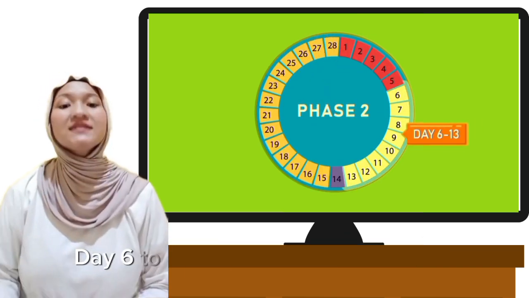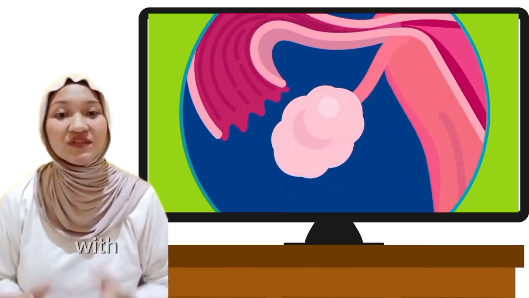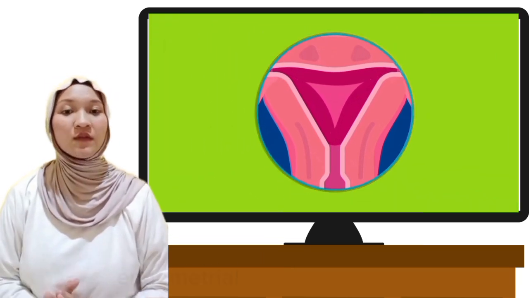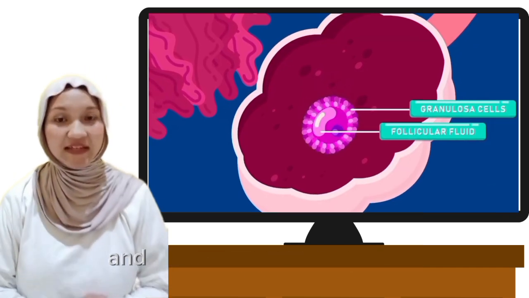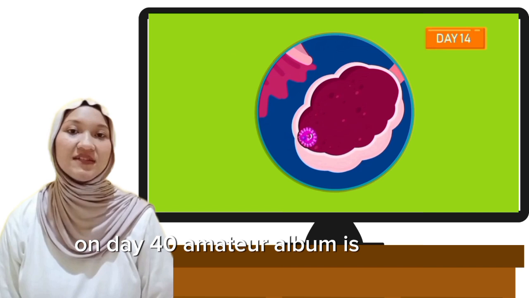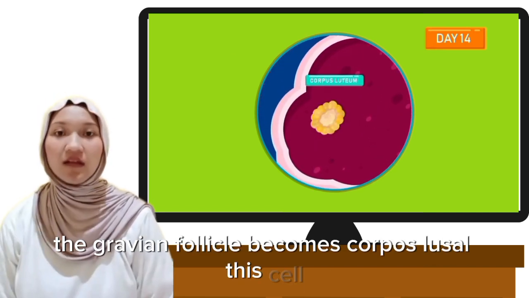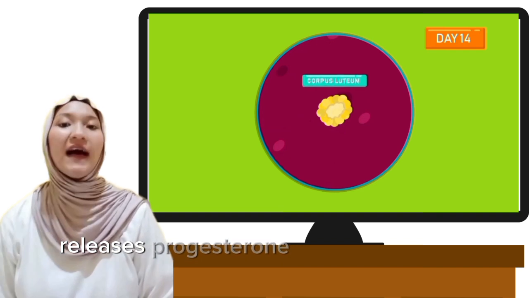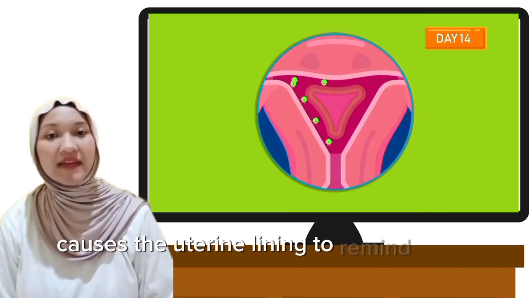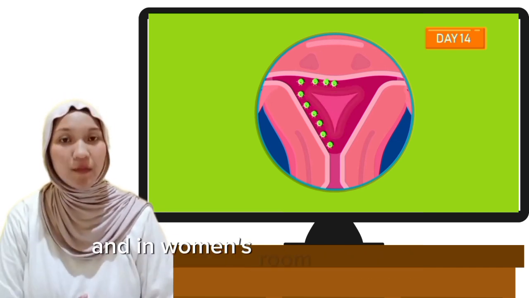Day 6 to 10: the ovaries secrete estrogen, which starts the repair and growth of the endometrium. The endometrium becomes thicker and bleeding stops completely. On day 14, a mature ovum is released from the ovaries. The Graafian follicle becomes the corpus luteum. This cell, the corpus luteum, releases progesterone along with some estrogen. Progesterone causes the uterine lining to remain thick and soft, well supplied by blood vessels, and the endometrium is ready for